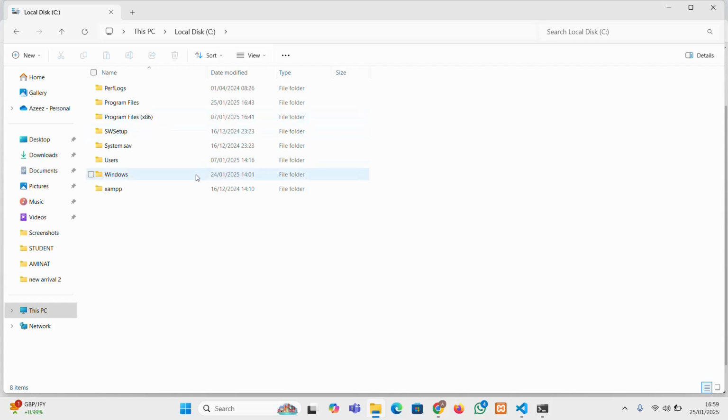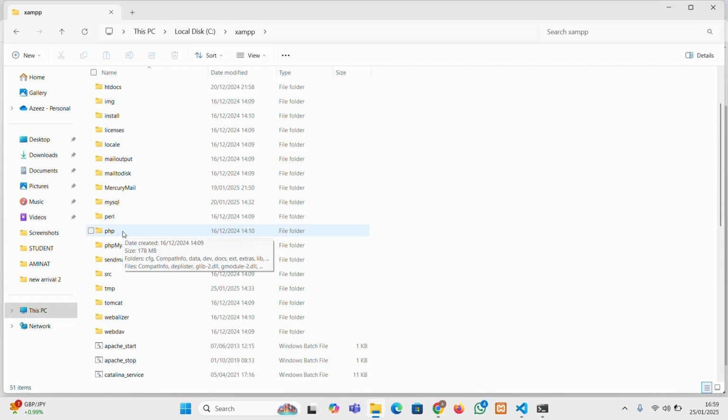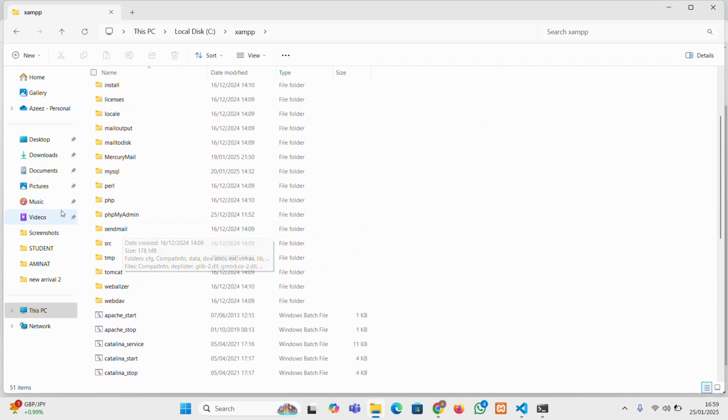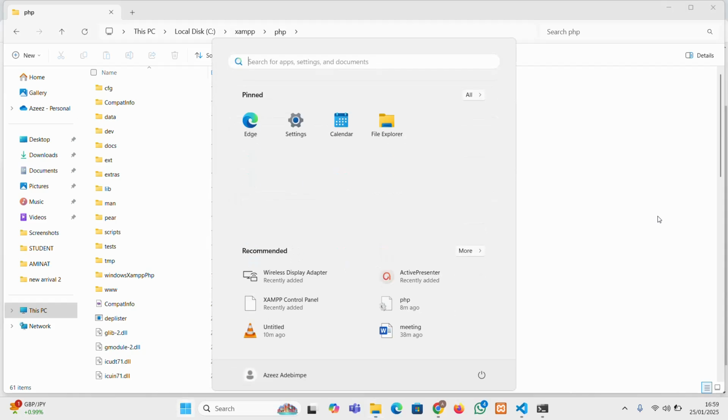Now what we'll do is come to this XAMPP folder here under our local disk. So XAMPP. Now we'll come under the PHP installed folder, this PHP here. The only thing we need to do is come here and copy the address. Look at the address bar here. We'll copy it now. The next thing we are going to be doing is go to our Windows environment variables. We just type